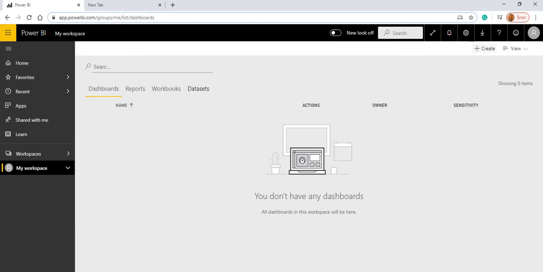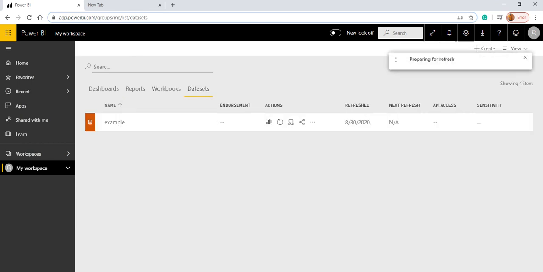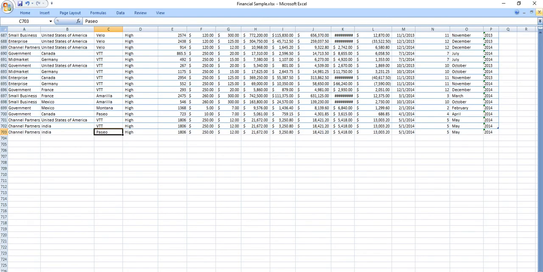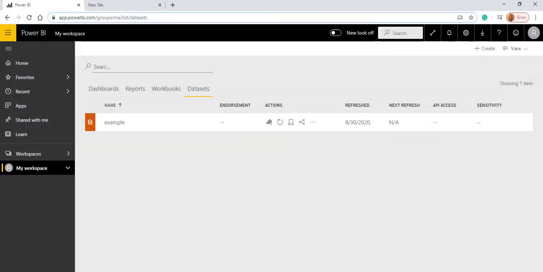Just go to the workspace and the data set and refresh it. It is the gateway which takes the data. I will close this also and refresh it again.